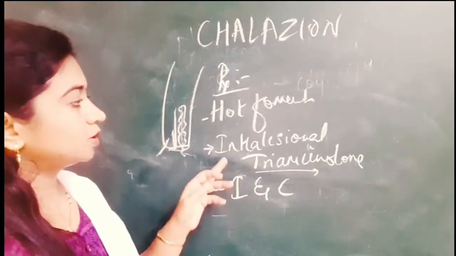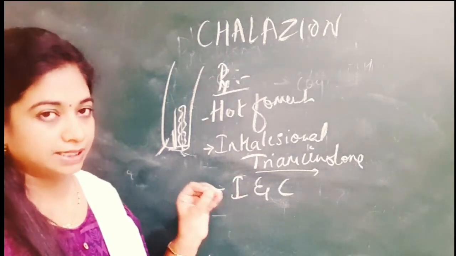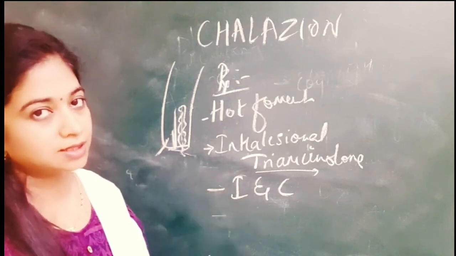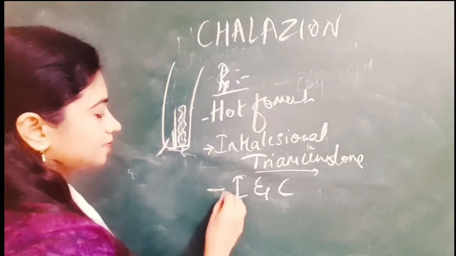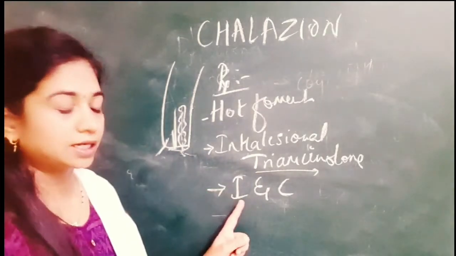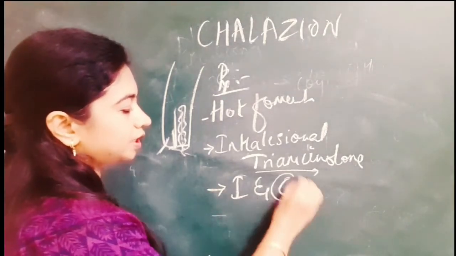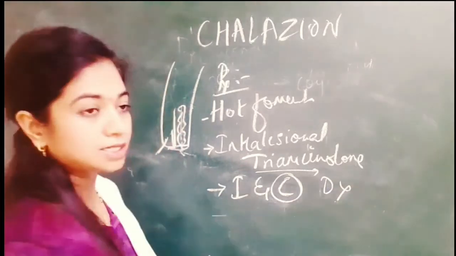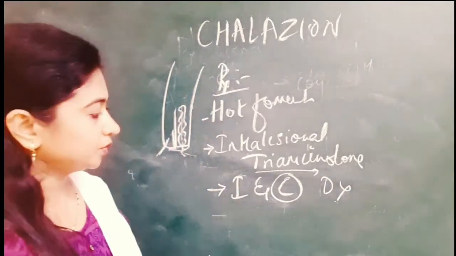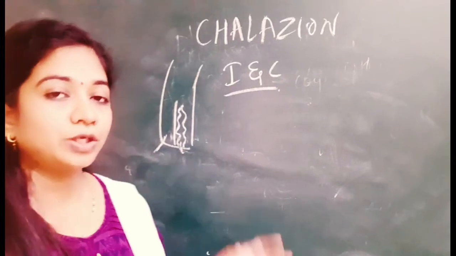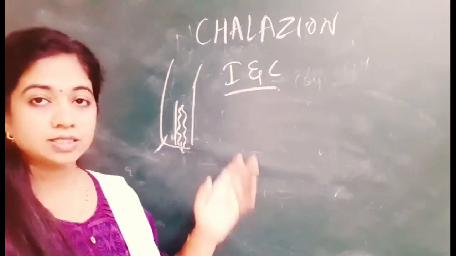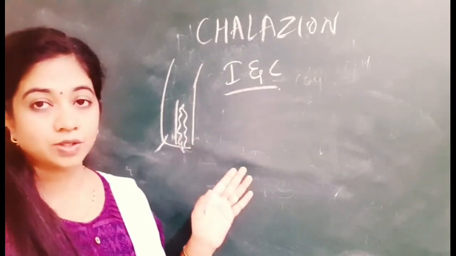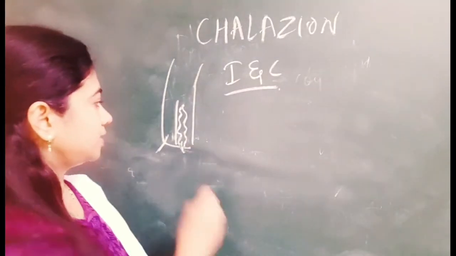And the intralesional triamcinolone is indicated whenever the lesion is near the margin or near the medial canthus or the punctum. So next is the definitive treatment, that is incision and curettage. Remember, it is the curettage word which should be used, not the drainage. Okay, when the question is asked, tell incision and curettage. Okay. So coming to the procedure of incision and curettage, it is done under local anesthesia by giving 2% lignocaine in the submuscular plane, that is below the orbicularis oculi muscle here.